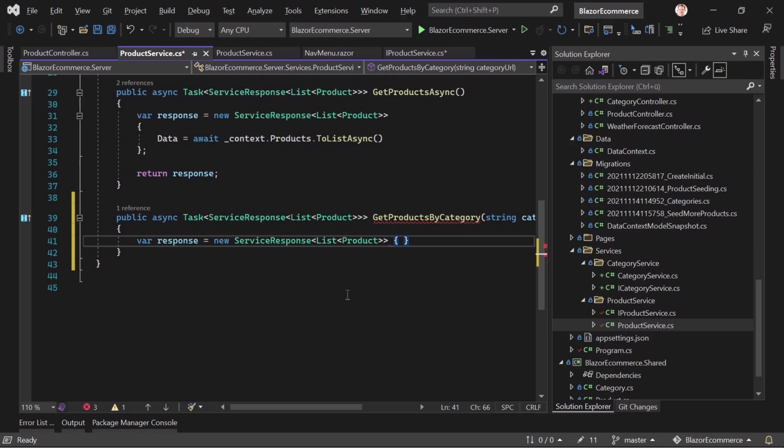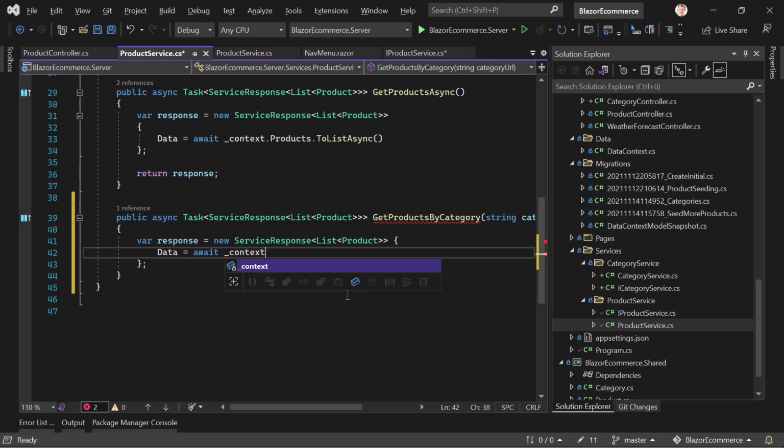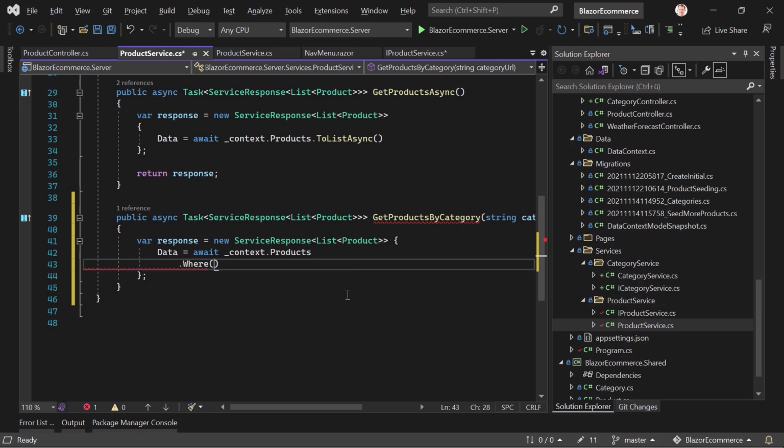And we use the object initializer here already, and can set the data to await context products. And then we want to filter these products by the category URL. So what we can do is use the where function here, and this where function gets a little lambda expression. So we want to get the products where the product category and then its URL to lower, so that this is case insensitive,